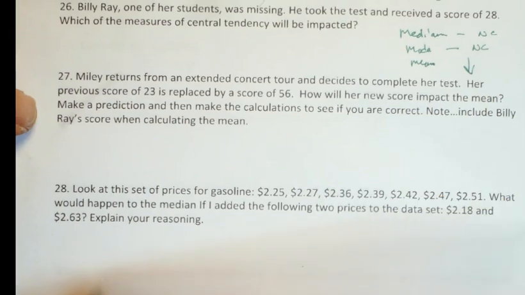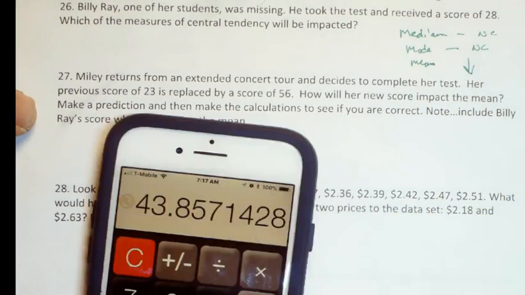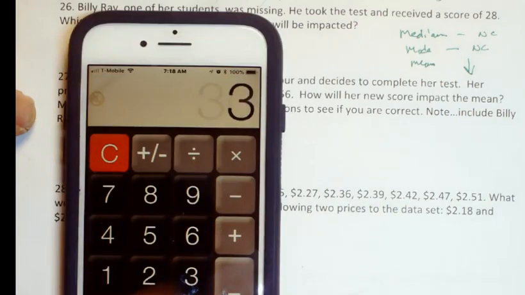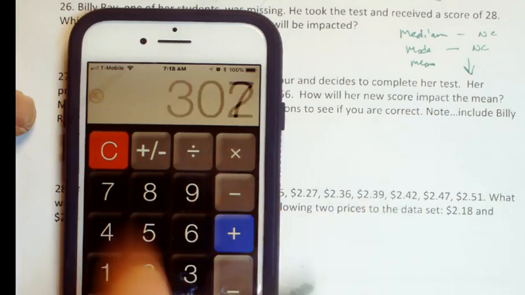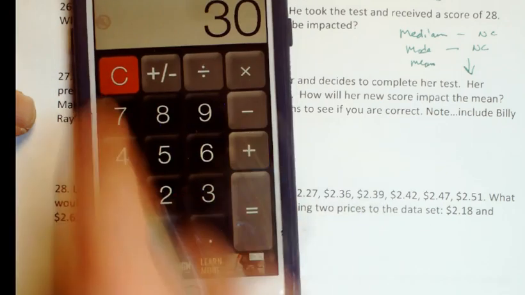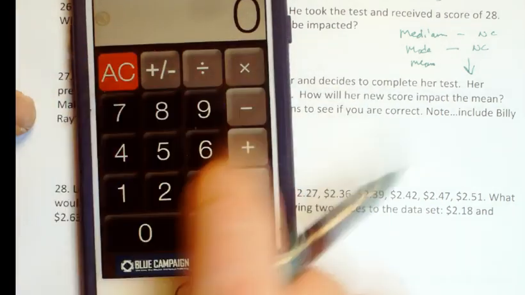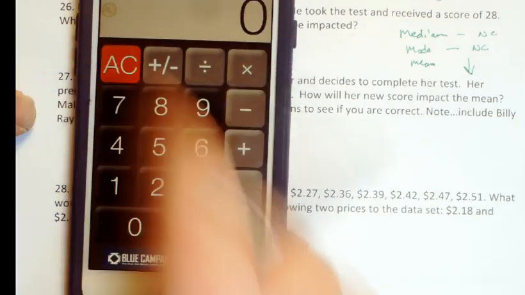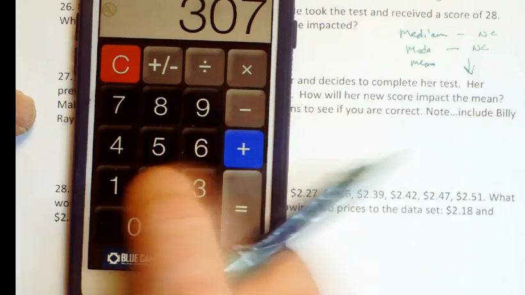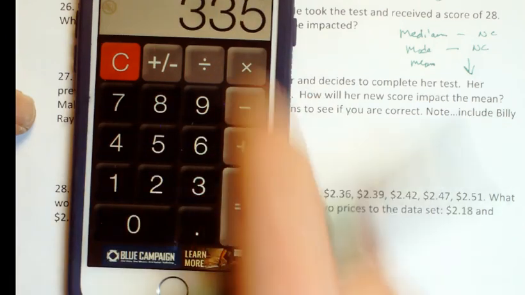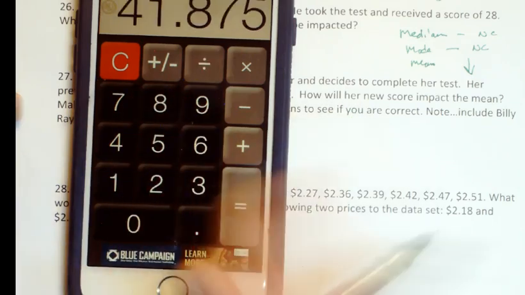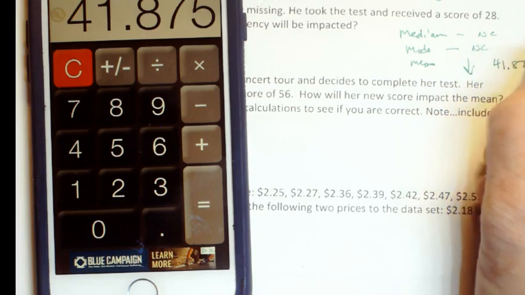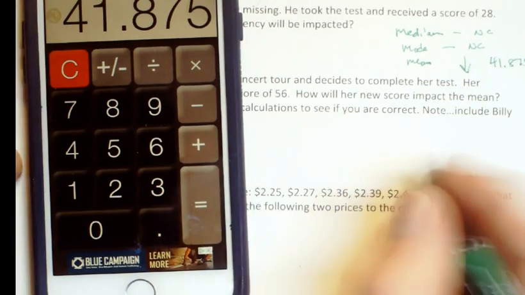All right, well, I guess now we've got to go back and figure out what the mean was with Billy Ray's. So we had 307 before. I'm going to double check that 307. I'm going to divide that by the 7 scores and see if we don't get that. Yeah, we did. So we had 307. We'll add Billy Ray's score in, which is 28. We get 335. I'm going to divide that by 8 scores now. So the mean with Billy Ray dropped to 41.875, and we're thinking that this is going to go up because